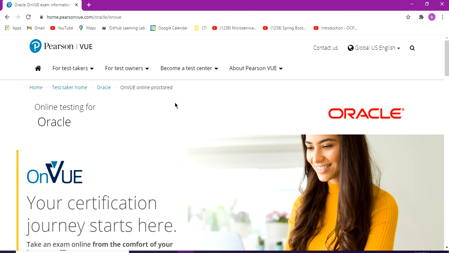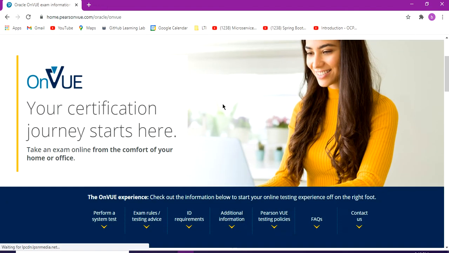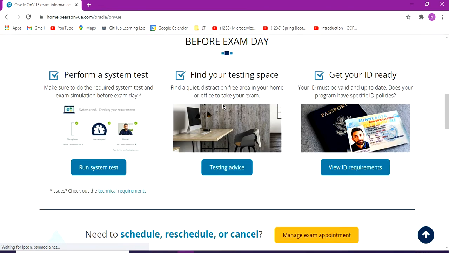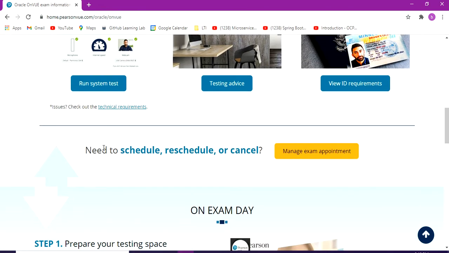So this type of interface will come, so don't be bothered, just go down, and then there is a need to schedule, reschedule or cancel the exam, like whatever you have added we can cancel. I think there is a note that we have to cancel before 24 hours.